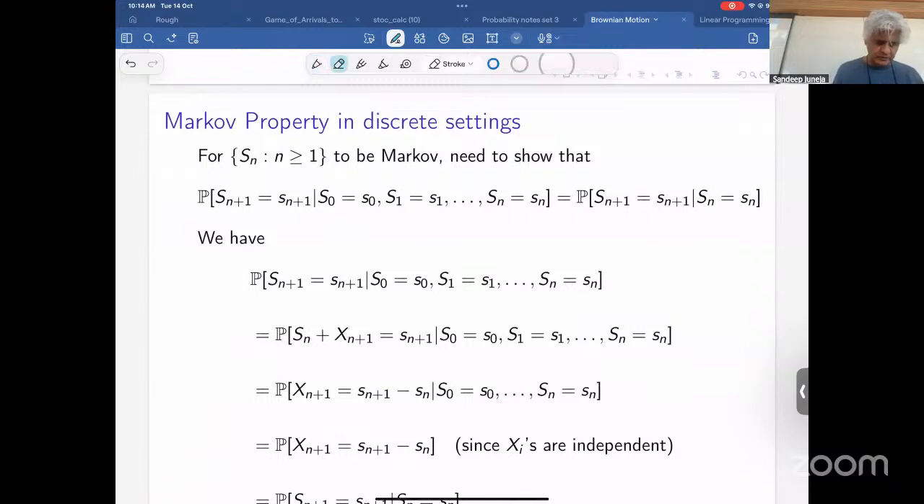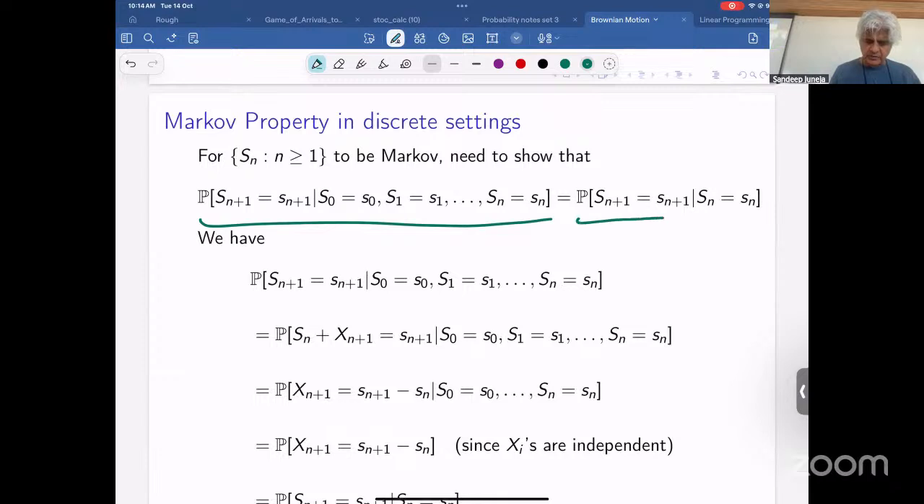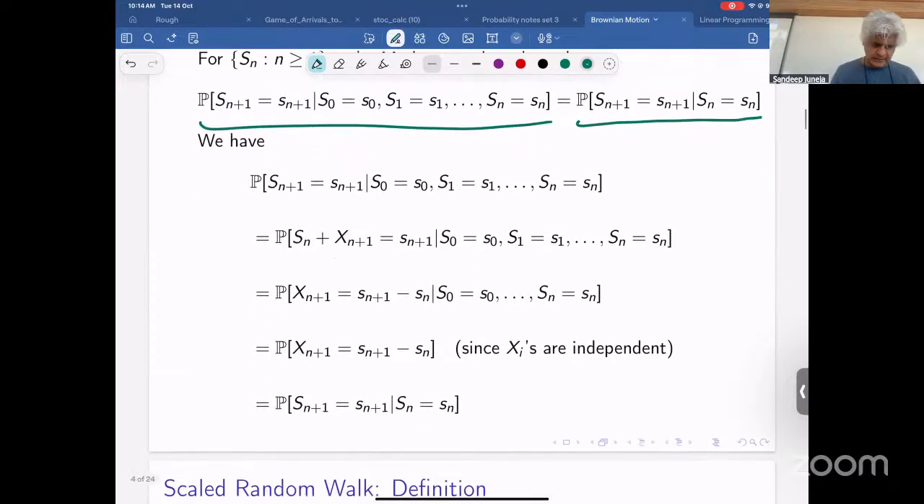For it to be a Markov process, you want the following property to hold true, right? In the discrete time setting, the probability that Sn plus 1 takes any value small Sn plus 1, given the whole history, is equal to the probability of Sn plus 1 taking the value small Sn plus 1, just given the present, that Sn is equal to small Sn. And why is that true in our case? It's true because Sn plus 1,